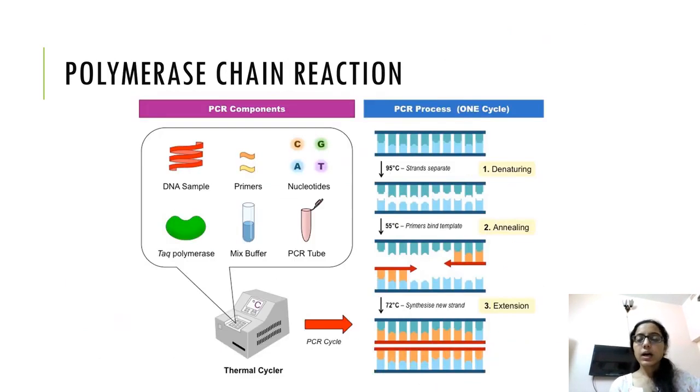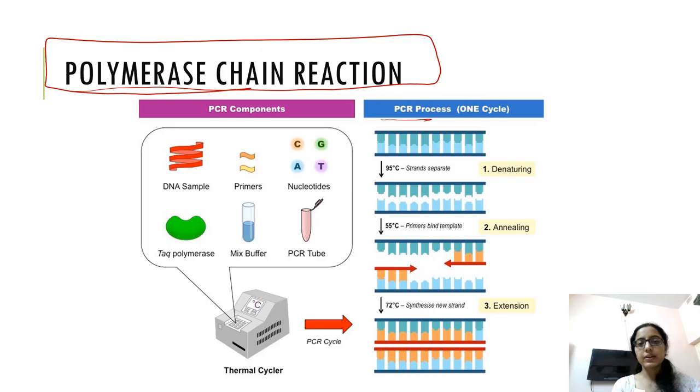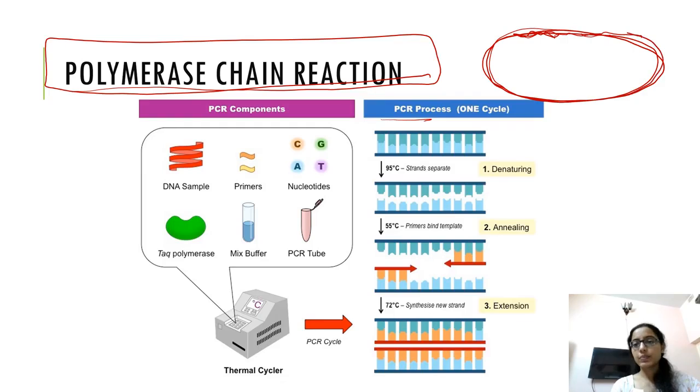Now, how are these multiplied in number? Now, how is PCR, polymerase chain reaction, done? This is a very important topic, polymerase chain reaction, and it is used to amplify the gene. Suppose we have selected only the gene of interest, a small piece, but how do we amplify this gene of interest and how do we amplify this whole recombinant DNA with our gene of interest? It is done by polymerase chain reaction.